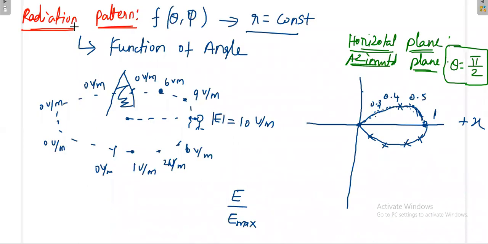Next, radiation pattern. Radiation pattern means what? It is always a function of angle, where r is constant. When you are drawing the diagram, you have to normalize the value. So here the distance is constant, and it simply gives you how much power you will receive when you are at this angle. When you are moving here, your angle will vary. When you are here, you are getting maximum power. As you go along this, you are getting less power. That is the idea of the radiation pattern diagram. It is always a function of theta and phi, where r is constant.